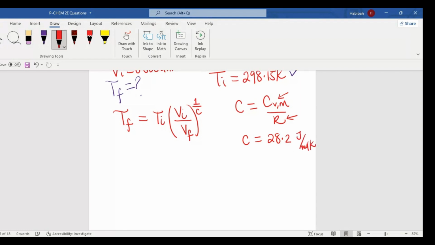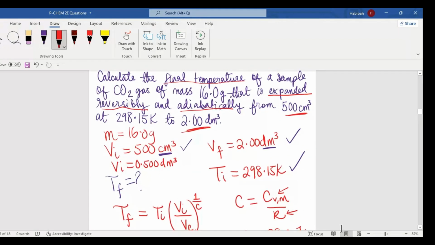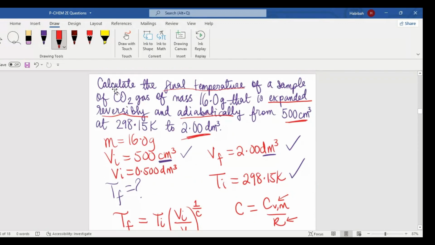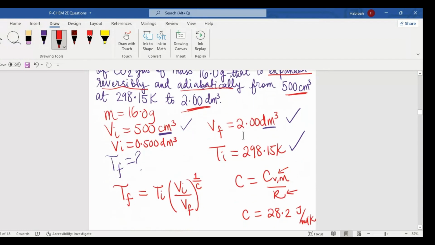And now you may be wondering, this information was not given to us in the question. Like the molar heat capacity at constant volume for CO2 gas was not given. Well, if you have your textbook, you can go to the resource section of your textbook and you'd find this value, or you can simply Google what's the molar heat capacity at constant volume for CO2 gas,